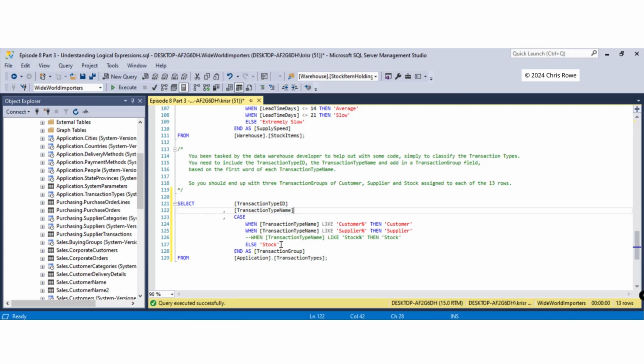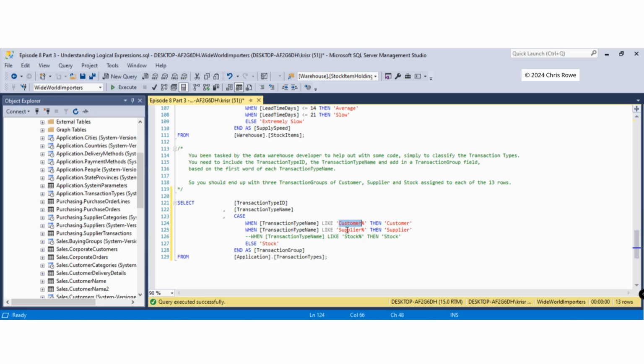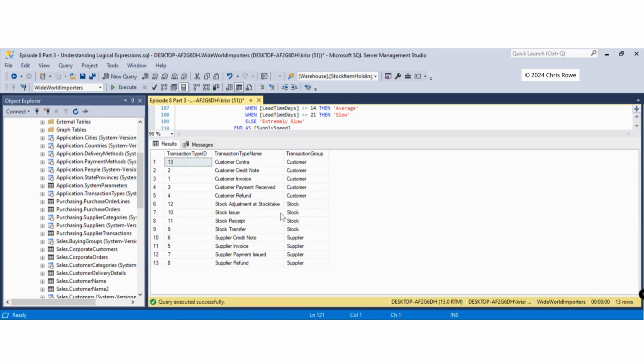Now, what happens in the future, and we always must be thinking about things that may occur in the future. What about if a new transaction type name popped in, which didn't begin with customer, supplier, or stock? Well, what we can do is simply put something along these lines. Maybe you put those in there to call attention to it. So if we ever run this query off again, as you can see,